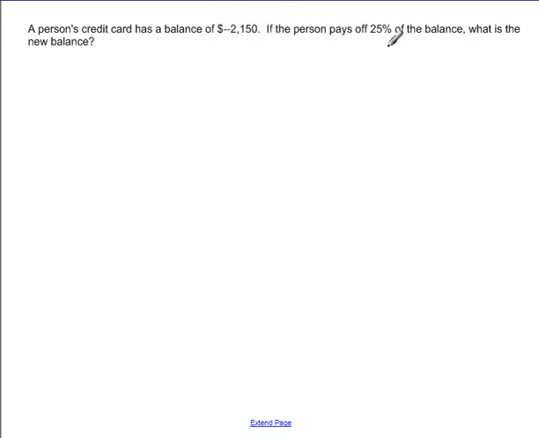So we know that the person is going to pay off 25% of the balance. And so when we see that percent of a value, and we know the value of the balance is $2,150, and it's negative, if I want 25% of that, I know that 25% of means 25% times. So remember how we do this. If we want to find 25% of negative